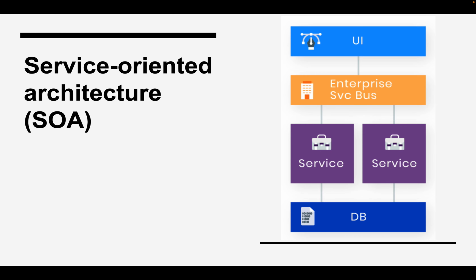So the next evolution of the architecture was service-oriented architecture, which should not be confused with the microservices architecture, which is different. And the service-oriented architecture, usually pronounced as SOA, consists of just one shared database, just like with the monolith,